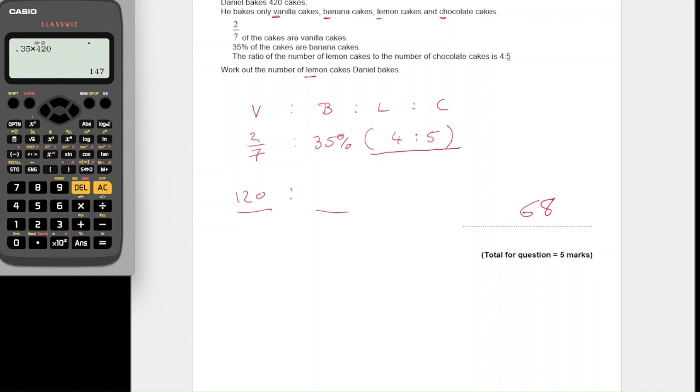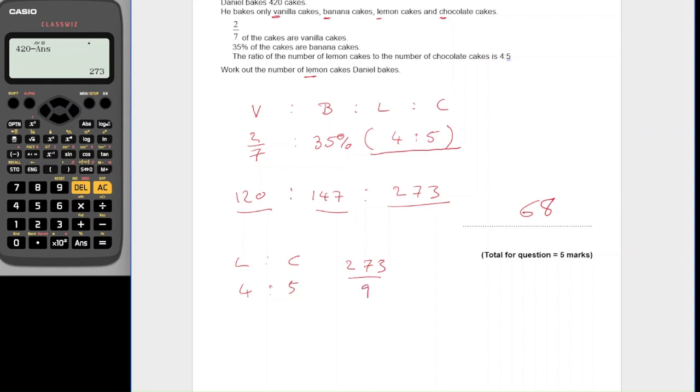0.35, so we've got 147 of those, which means that the total of these must be 420 minus my last answer, so we've got 273 that we need to split in the ratio 4:5. So if I go lemon to chocolate again of 4:5, and I've split 273 in that ratio, I'm going to divide it by 9 for the 9 parts, so divided by 9,